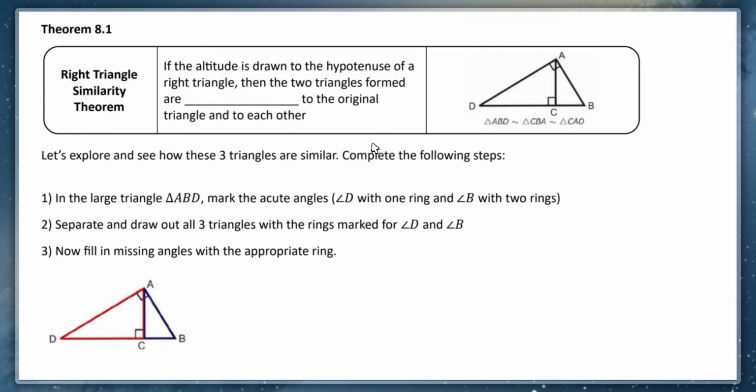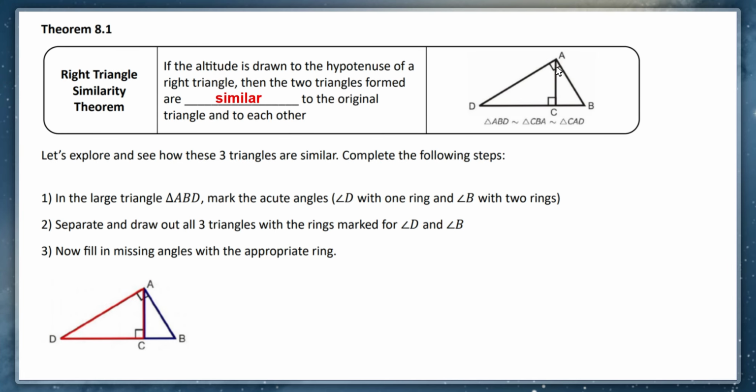The next part of the notes is talking about theorem 8.1. Now this is known as the right triangle similarity theorem. This says that if the altitude is drawn to the hypotenuse of a right triangle, then the two triangles formed are similar to the original triangle and to each other. So in short, what this is saying is the following. If we have this right triangle